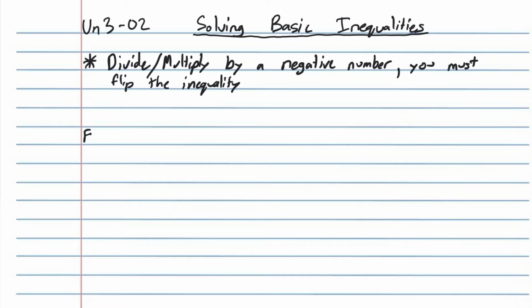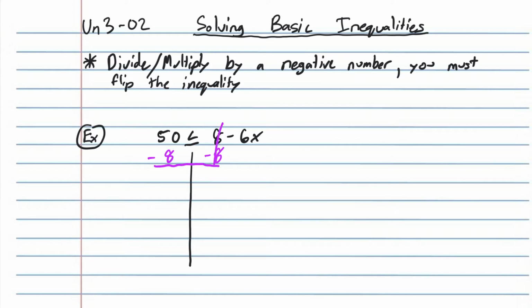As a first example, let's say I gave you 50 is less than or equal to 8 minus 6x. The goal is still to get the variable on one side. So I'm still going to draw that line so you can clearly see a left side and a right side. There's only one x term, and it's on the right-hand side, so we might as well get the numbers to the left-hand side. Let's start with that 8. It's a positive 8, so the way to get rid of it would be to subtract. Same as with equations, whatever you do to one side, you have to do to both. So when you subtract 8 from both sides,